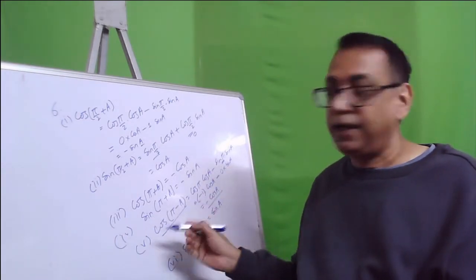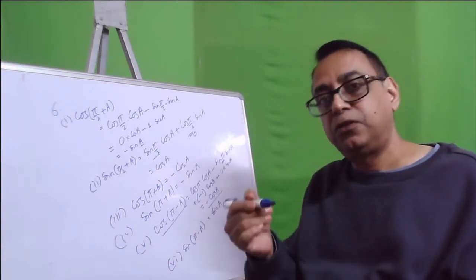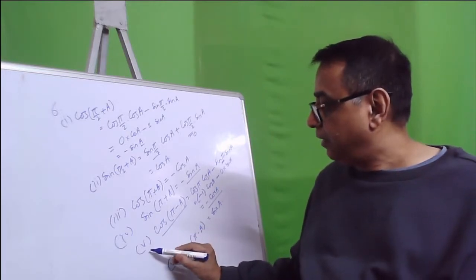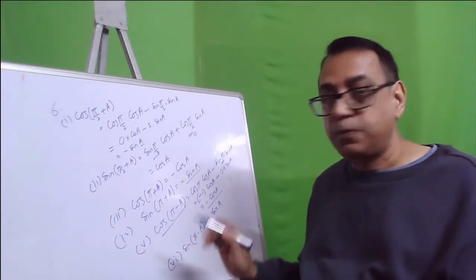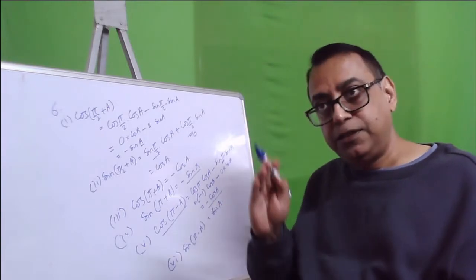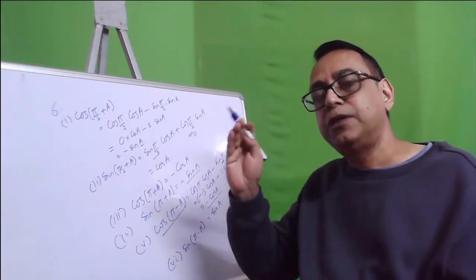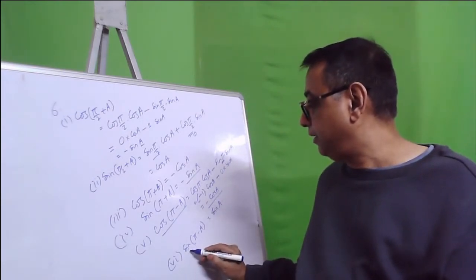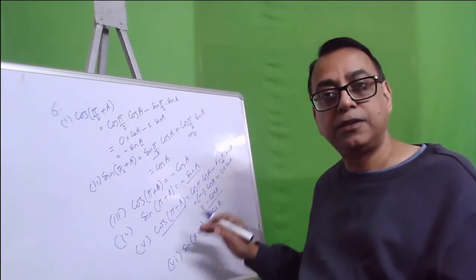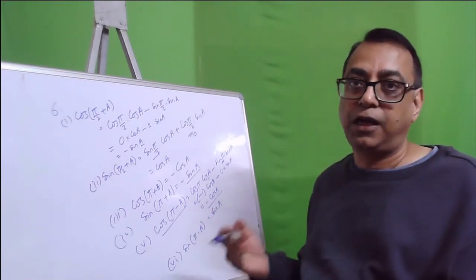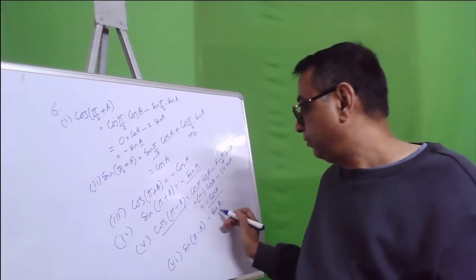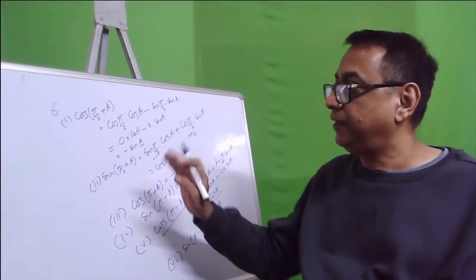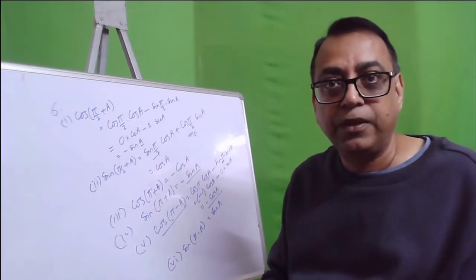Sin(π + A), again, will be in the third quadrant and that is also coming as −sin A. Now fifth, cos(π − A), cos will be coming into the second quadrant, so it is −cos A. And similarly sin(π − A): because it is in the second quadrant, sin(π − A) will be a positive value, which is sin A. So this is the number 6 identities. Let's go into the other identities.